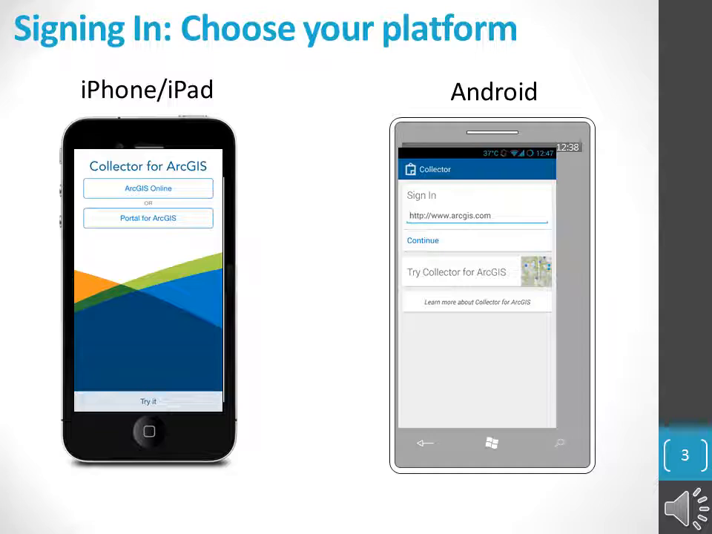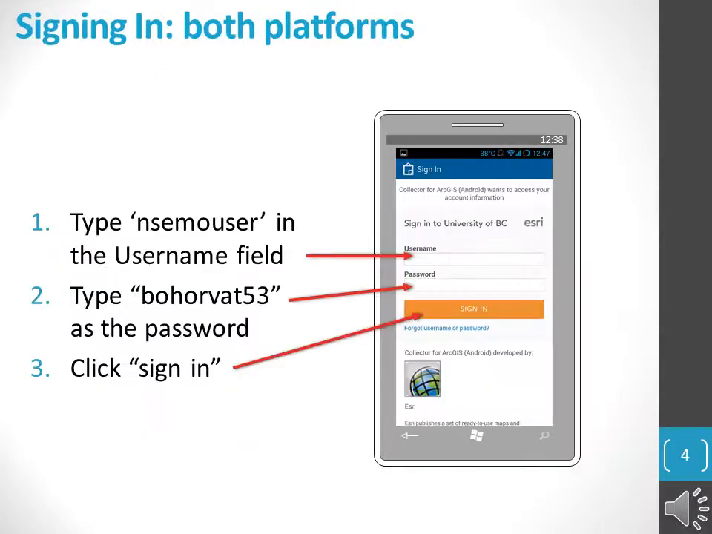To get signed into the app, click the ArcGIS Online button using iPhone or iPad, and for Android, click Continue. Signing in on both platforms is a similar process. Enter the username NSEMOUSER and the password